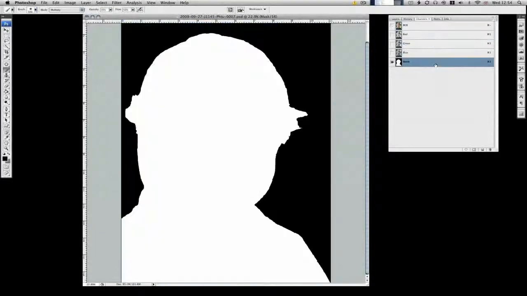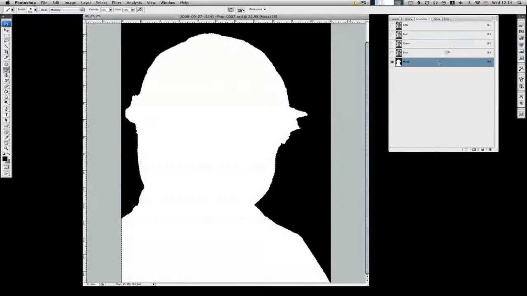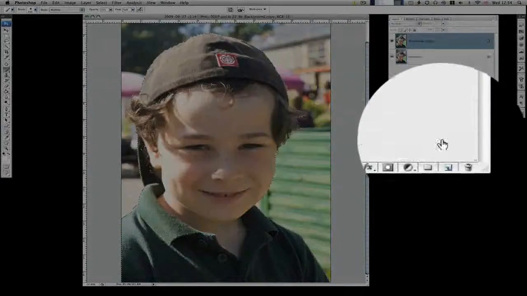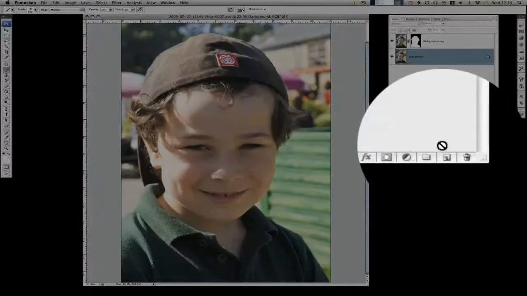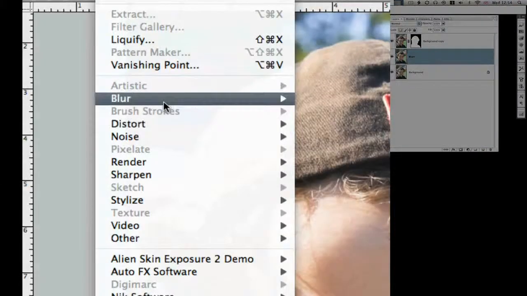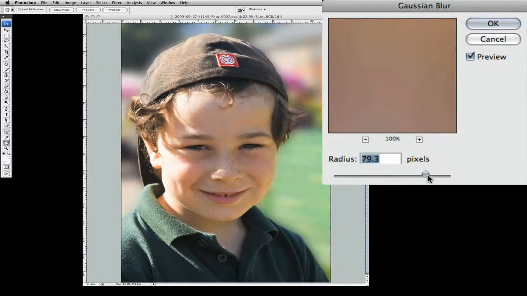Right, so our mask is completed, and there it is. Now, what we could do, as I mentioned earlier, we could just use the Gaussian blur filter, which would be a lot simpler, to be honest with you. Just load that as a selection. Go to Layers, duplicate the background there. With the selection still active, add a layer mask, and then go to our background. Let's just duplicate that. Go to the blur layer here. Go to Filter, Blur, Gaussian Blur, and what that would do is enable us to blur the background as much as we want,